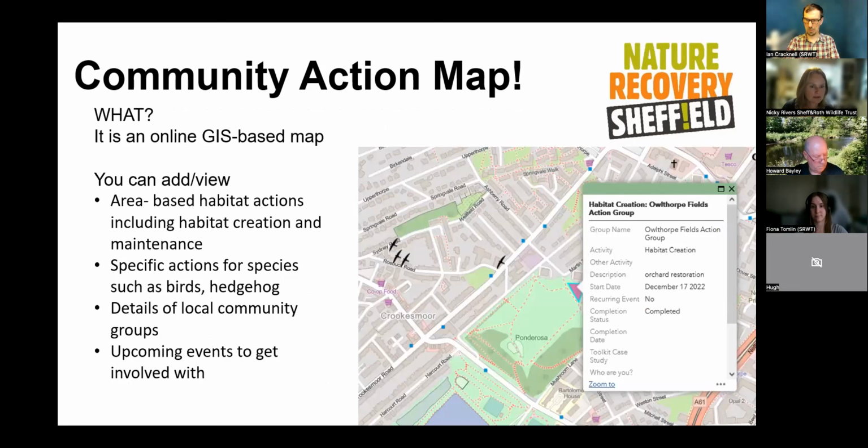And so what is the community action map? Well, it is actually a geographical information system based map, but it's a relatively simple one compared to some of the other GIS work that Fiona and other colleagues do. And she's going to run through this in more detail, so don't worry that you have to remember all this, but this is just an overview to show that you can add area-based habitat actions, such as habitat creation and maintenance,